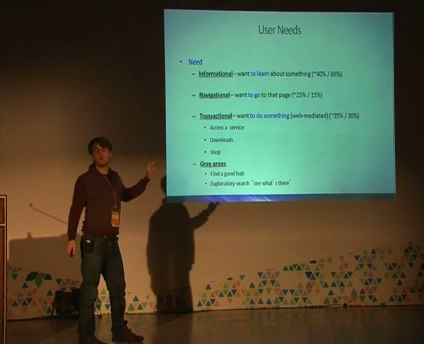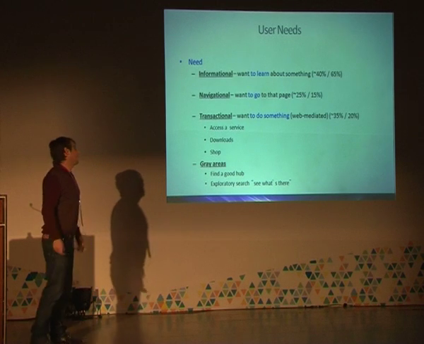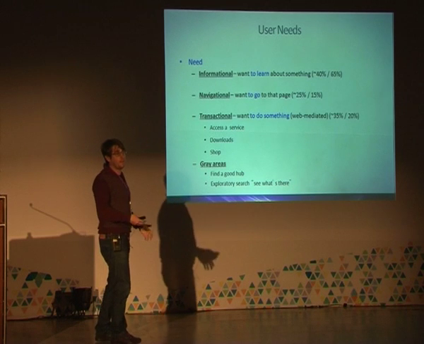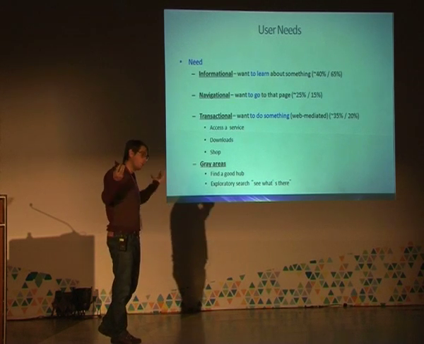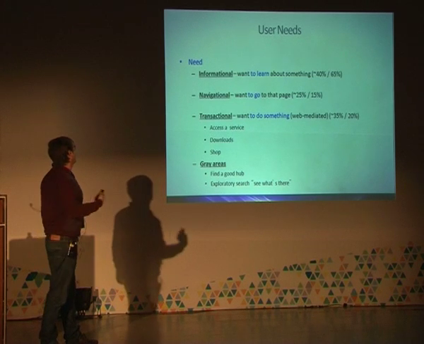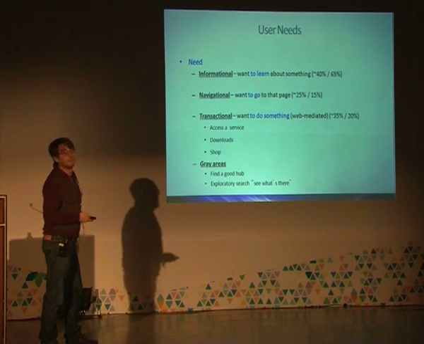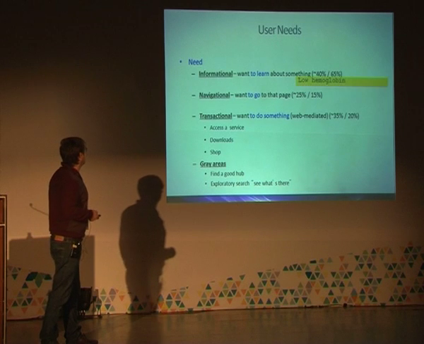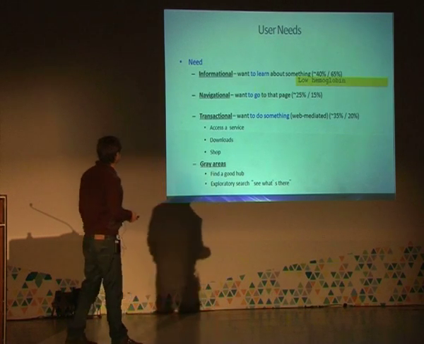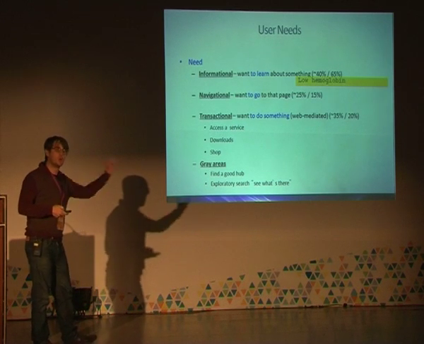Now, user needs on the web. Again, something else that Andrei came up with. He said, well, there are three main user needs on the web. There are many more than that, but this is a very, very broad classification of those. So informational queries, when you want to learn about something, right? So for instance, low hemoglobin. Navigational queries. You want to go to a particular site,